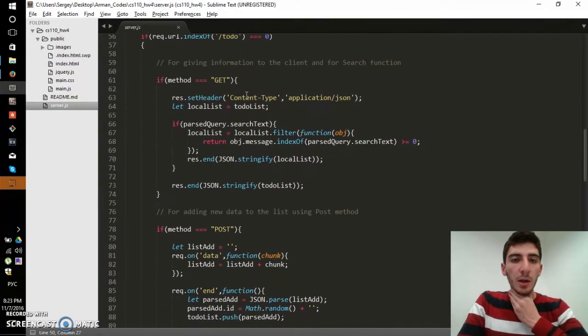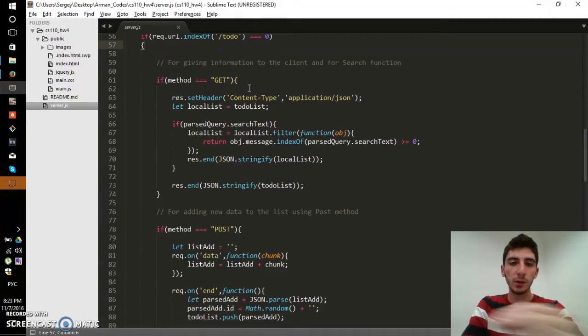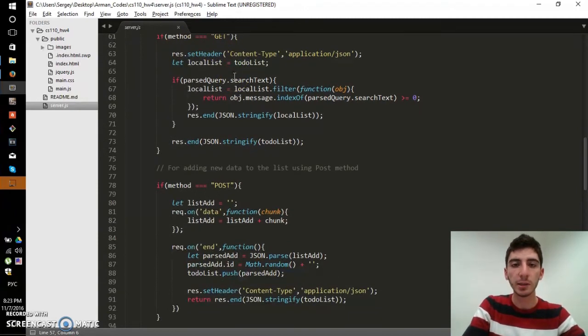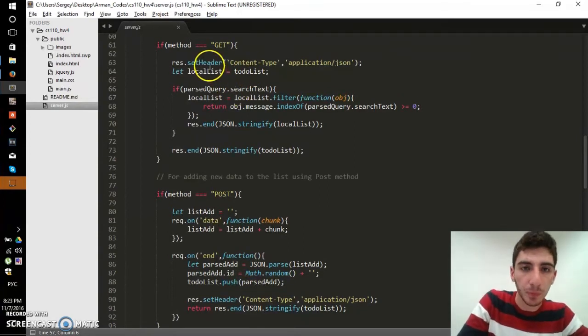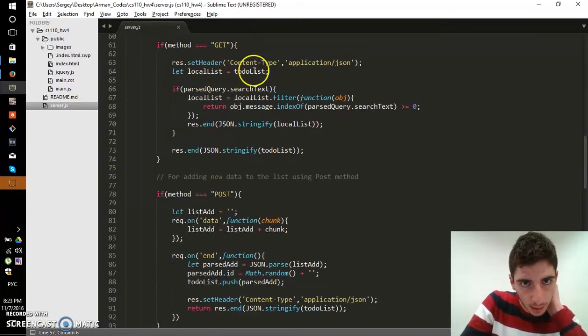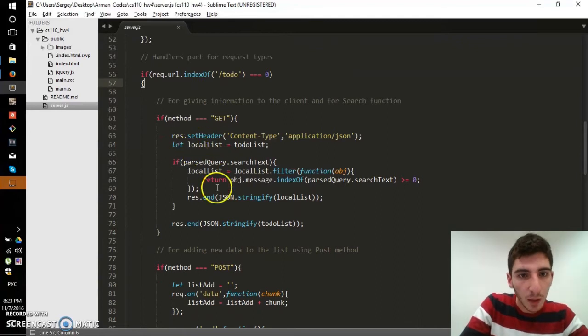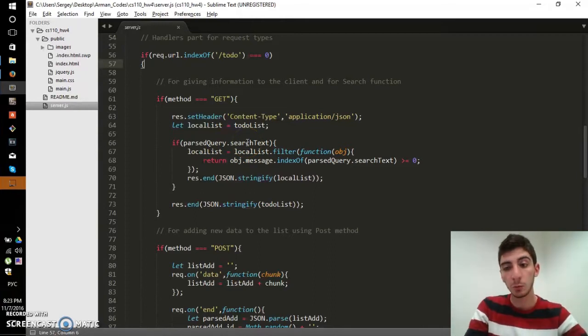The handlers. Here I said that if I get a request and the request contains a to-do, and here we see the methods starting. Like we have a method get. If we have a get method, we are going to give the list to the server with the help of JSON. So here we set the local list, and the local list is just simply this list here, just inside this scope. And if we have a parsed query, if we have something like a search request inside the URL, if we have all that,